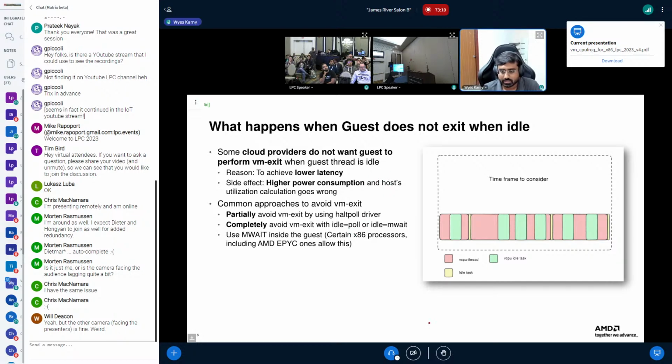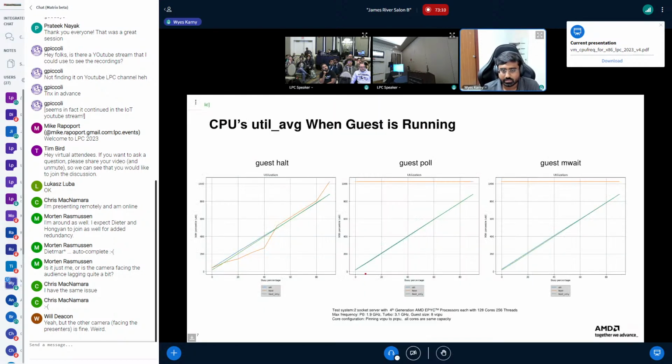We did some measurement, and this graph depicts the same workload characteristics. I vary the busy percentage from 0 to 100% and plot the 90th percentile on the y-axis. This is when the guest uses halt exit: the blue line is the VM's view, the orange line is the host view, and the green line is the bare metal view.